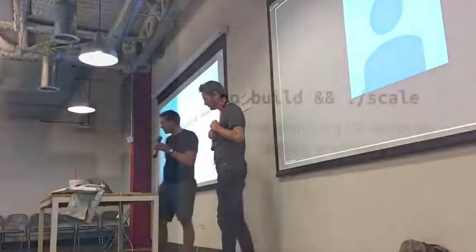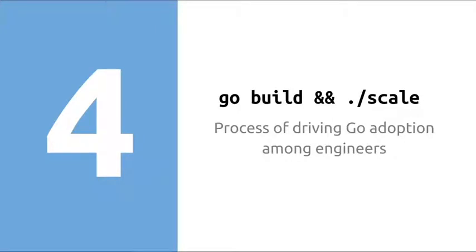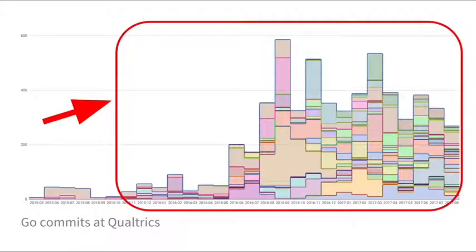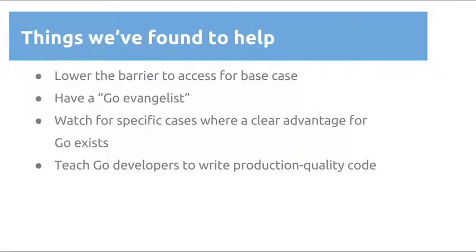All right, so now moving into how we took it from here, where we had really just a few engineers, there's Tyler, there's me, and a handful of others writing in Go. How did we possibly turn it into a place where a significant number, 30 plus engineers, are writing Go on a consistent basis? To do that, there are several things that we feel helped the most.